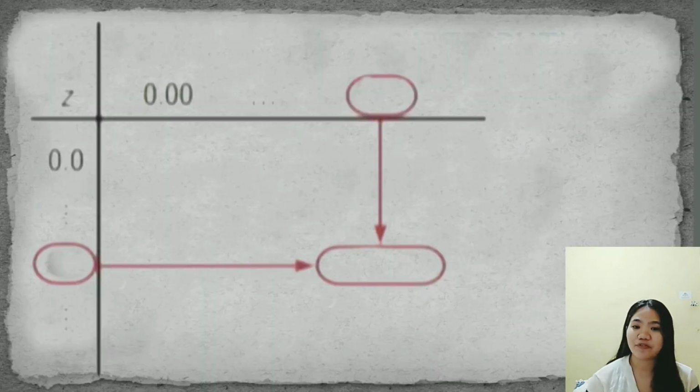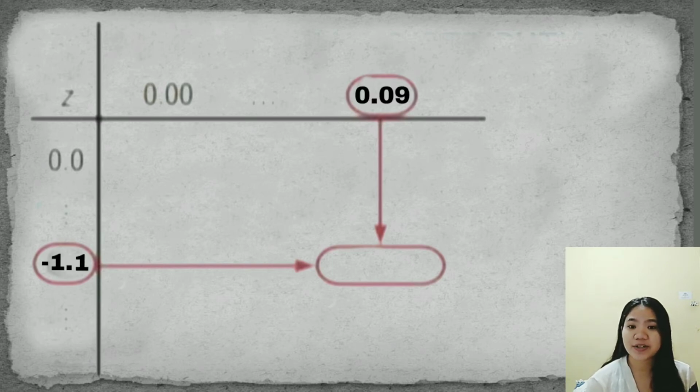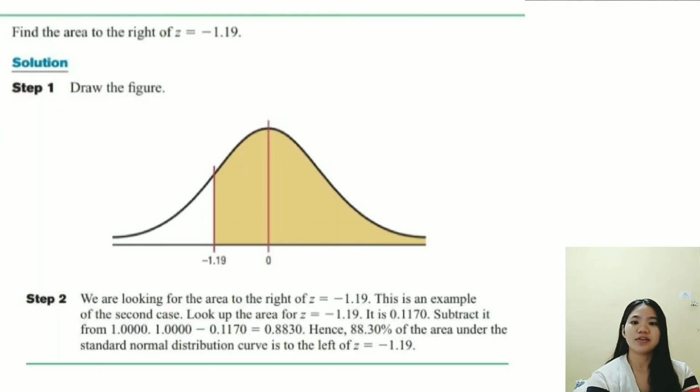So the area to the left of negative 1.19 is found by looking up negative 1.1 in the left column and 0.09 in the top row. And where the lines meet gives an area of 0.1170. Now that we have the area from the table, we are going to subtract it from 1. So 1 minus 0.1170 equals 0.8830. Hence, 88.30% of the area under the standard normal distribution curve is to the right of the z value of